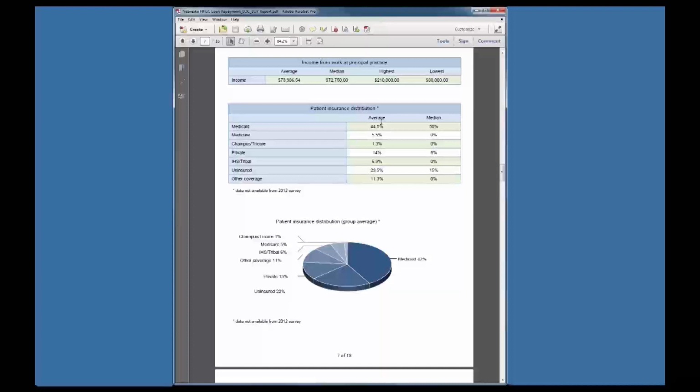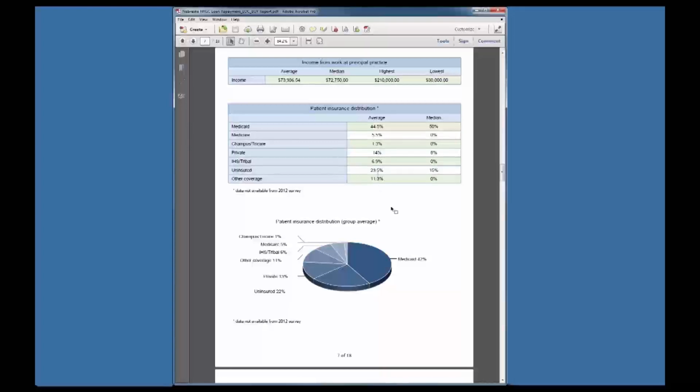This is the distribution of the insurance type of patients. This is from clinicians. A similar question was asked also on the administrator questionnaire. They tend to be relatively close in data collection questionnaires of this kind, but this is from clinicians' perspectives. And just so you know, these percentages, if you add them up here, will total more than 100%, principally because some people have both Medicare and Medicaid. So this is not 100%.